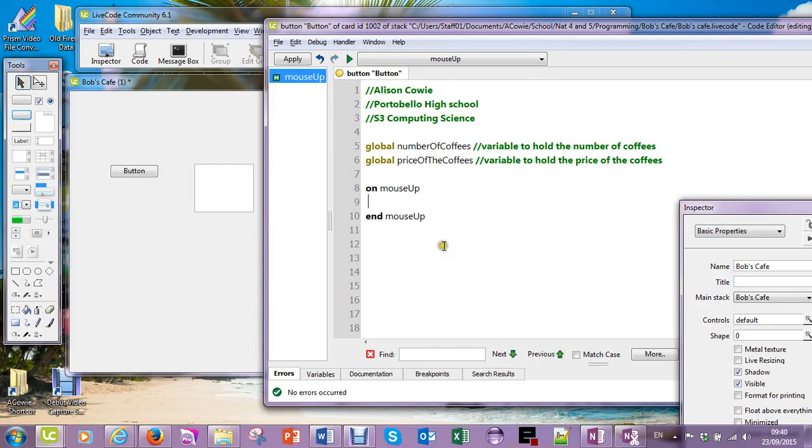Right, so you've set up the program. Now let's actually start coding. So I'm going to go between the on and the end, and this is mouse up, which means that when I click on the button and the mouse button goes up, I want these instructions to happen. So I'm going to say ask